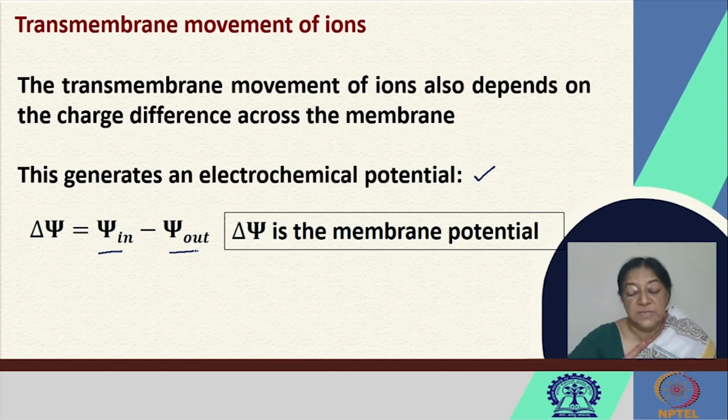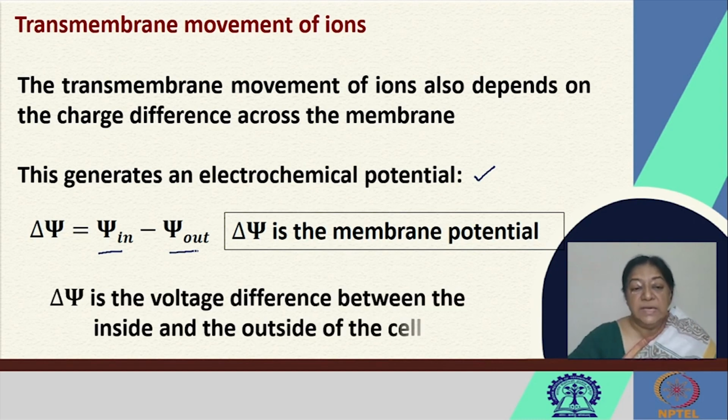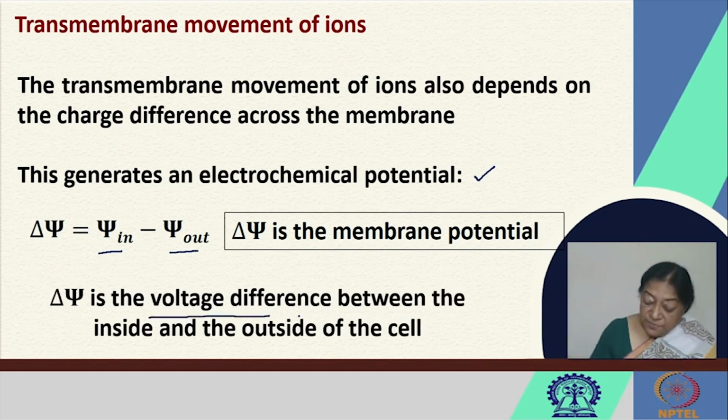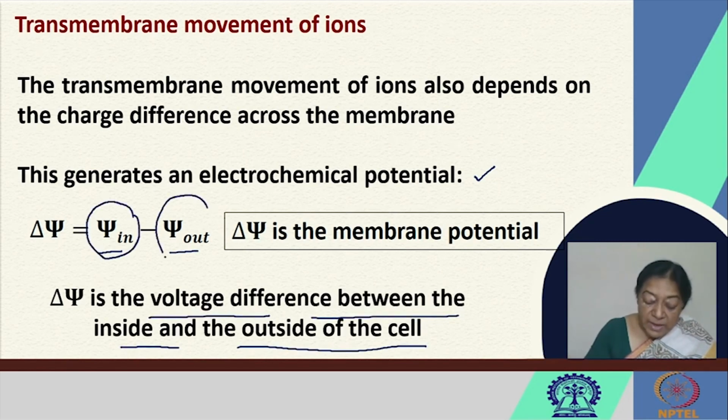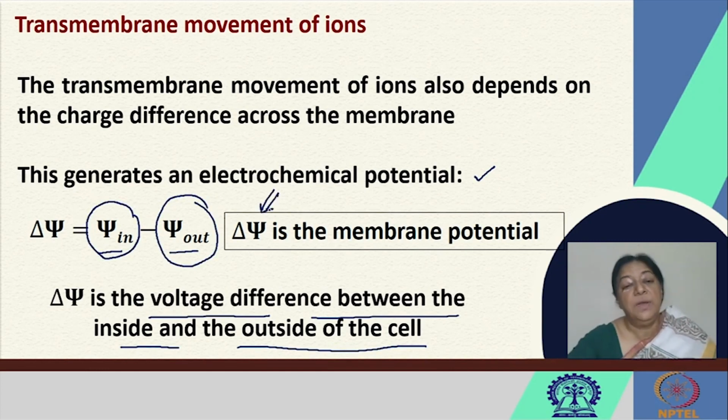The voltage difference between the inside and the outside of the cell is given by psi in minus psi out, that is the delta psi. This is our membrane potential. And this will change depending upon the ions that are present inside and the ions that are present outside and